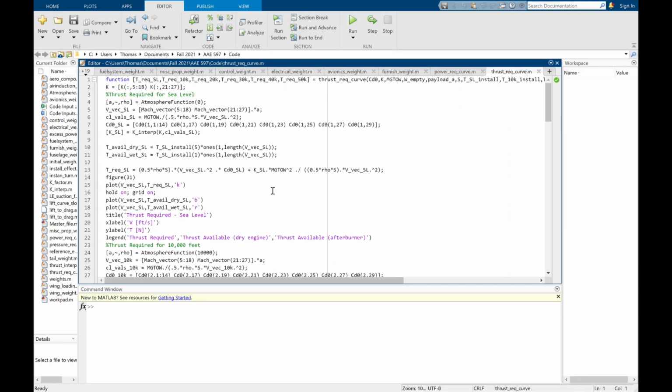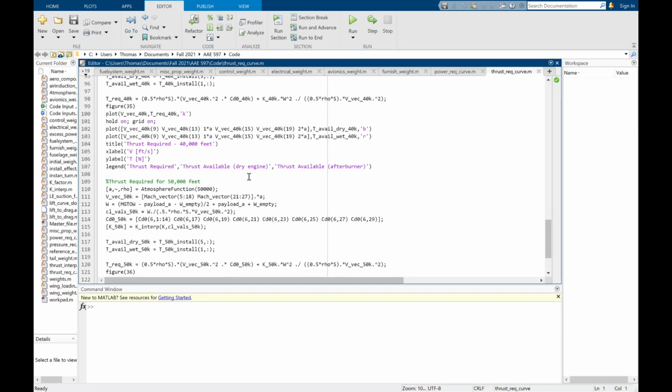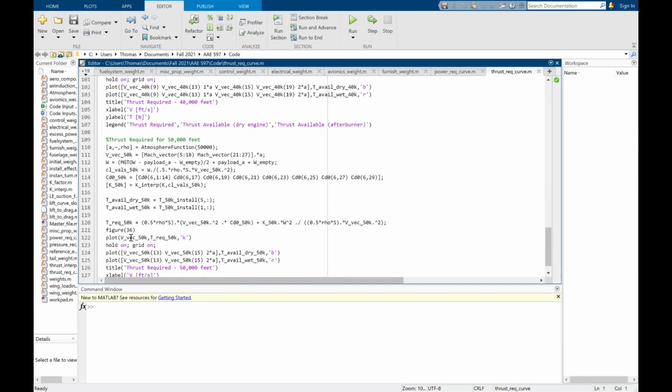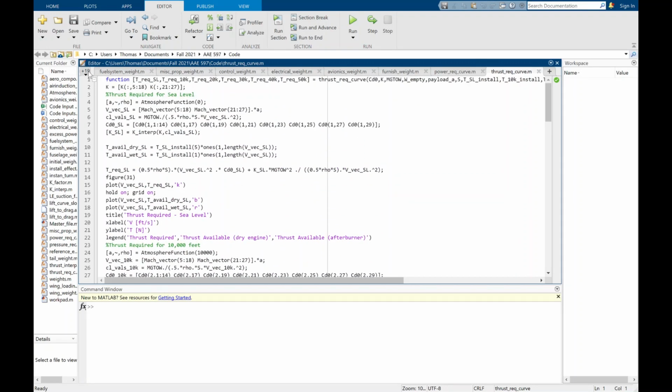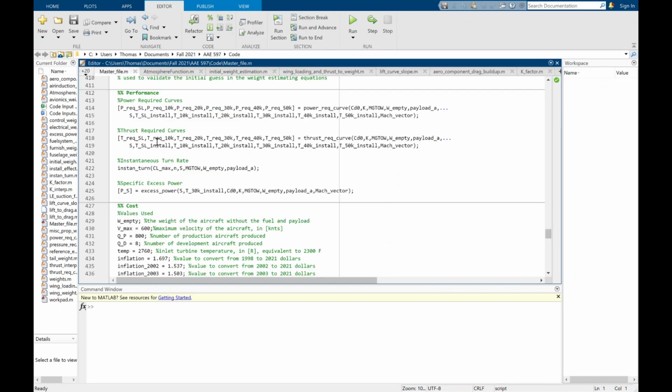So this is repeated for sea level all the way up to 50,000 feet again, each one corresponding to a different figure. So going back to the main master file now, we can see that's those two sections there. So now we can talk a little bit about the